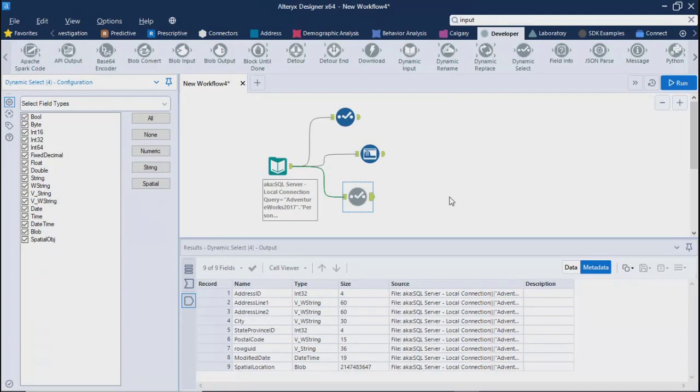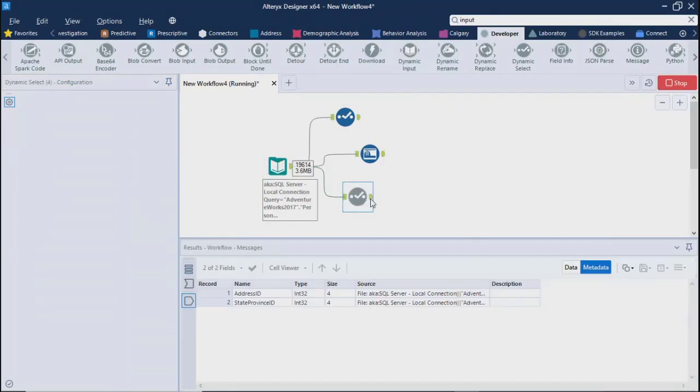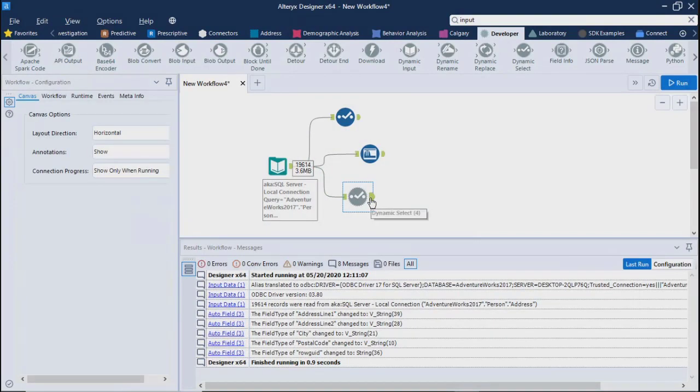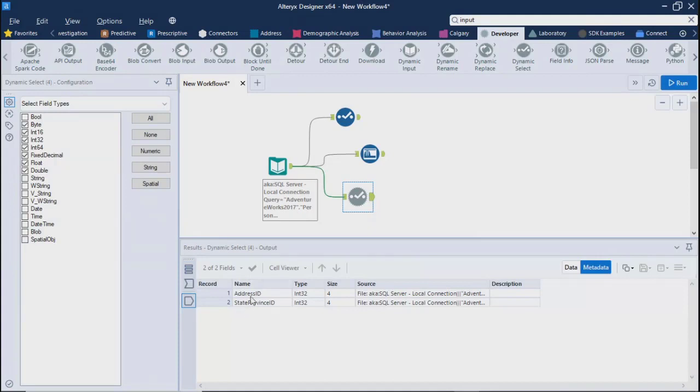Now if you select by field type, and let's say you select numeric, it will select only the numerical data types out of your data. If you run this, you will get only the numerical data types, like integers.